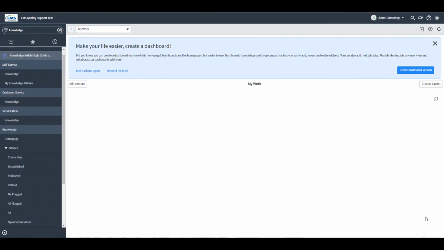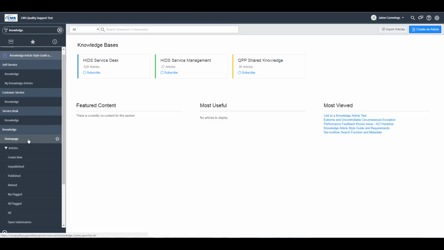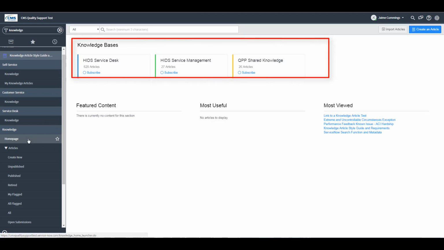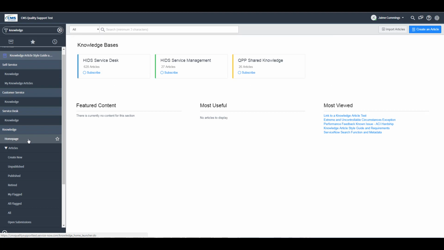Within the native view, you can access knowledge directly from the Knowledge application. To access the Knowledge application, type Knowledge in the Filter Navigator field. The following modules are contained within the Knowledge application: Homepage displays the knowledge bases that you may have access to. Under the Article subheader,